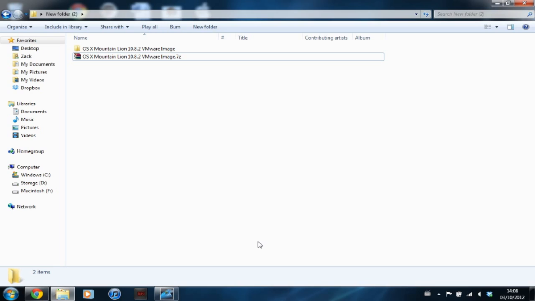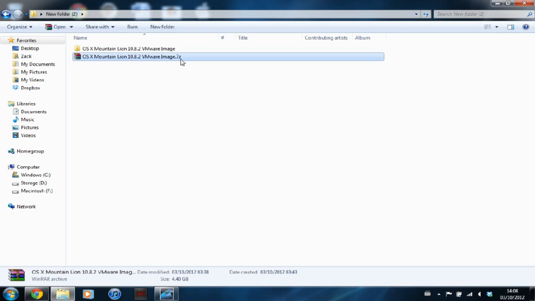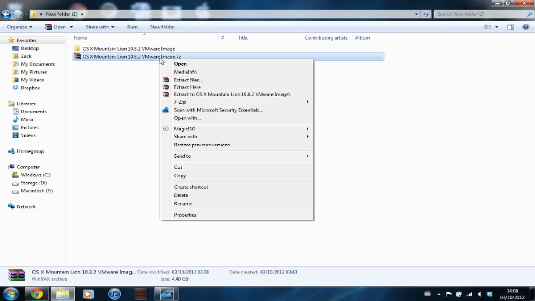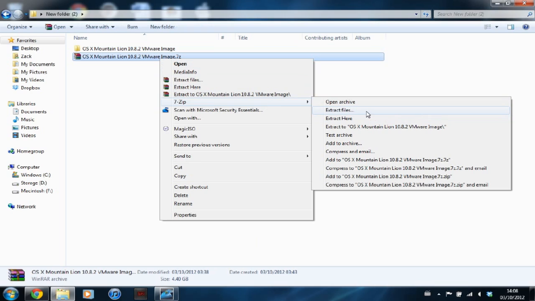To download this image, go to the link in the description. It is the release notes, and it will have a download link for a torrent and a download link for direct downloads. If you grab it via either of those, the torrent link will probably be faster. Once you've downloaded it, you'll have this file here, which is a 7-zip folder. If you don't have it, download 7-zip and just extract using 7-zip, like that, and you will end